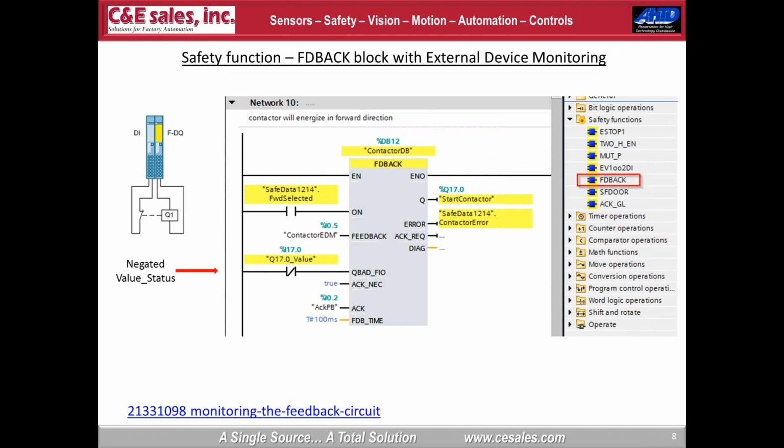The next function that's used probably the most is the feedback block. You see the sketch on the left-hand side of the screen just shows a fail-safe output and its normally closed feedback contact connected to a standard input module. This is perfectly acceptable. It's up to you to decide whether you want to hook that contact to a standard input module, or it's also acceptable to hook it to a fail-safe input module. But what this block does is,